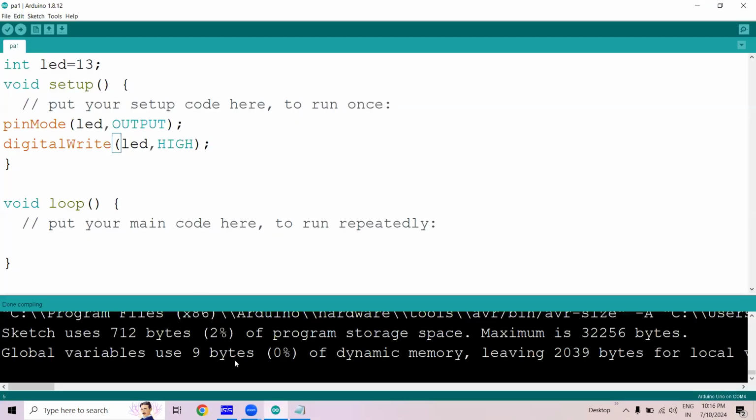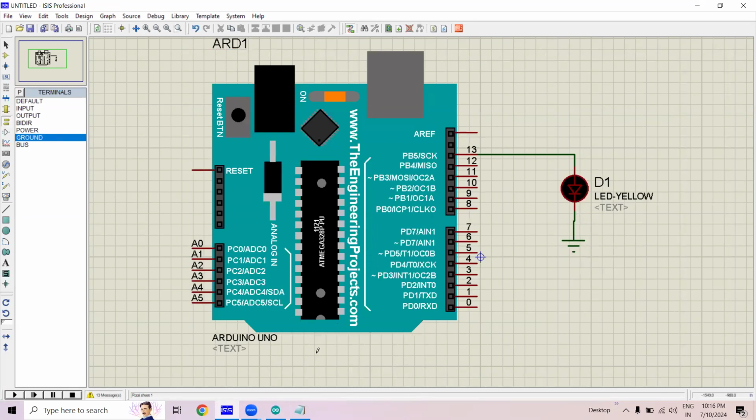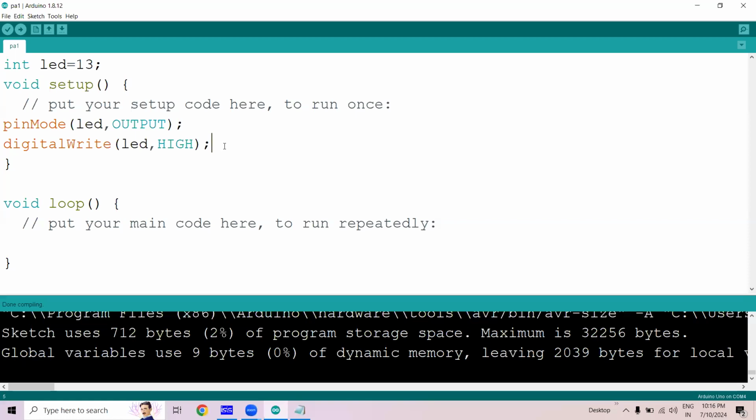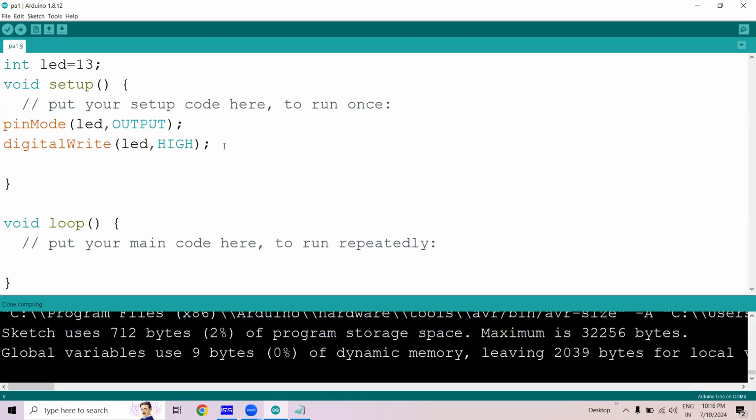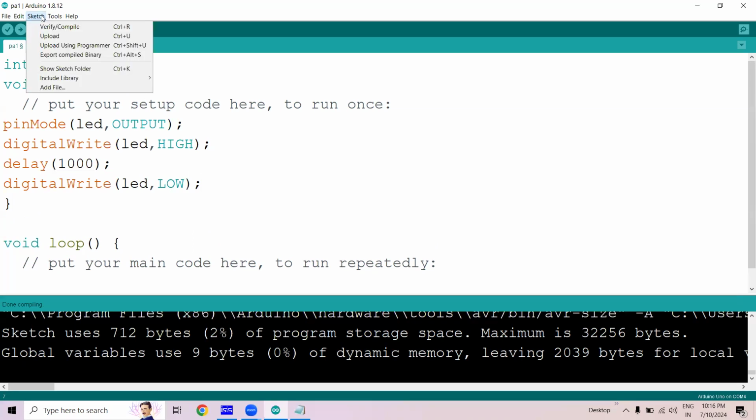Okay, so next one is, now I'm going to replace the coding, not the circuit one. So we turned it on. Now let's turn it off after a second. So simply I'm saying delay 1 second and digital write LED comma low. So delay of a second. After that, the LED is off. So now let's again